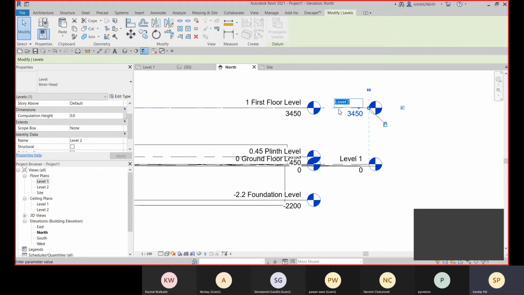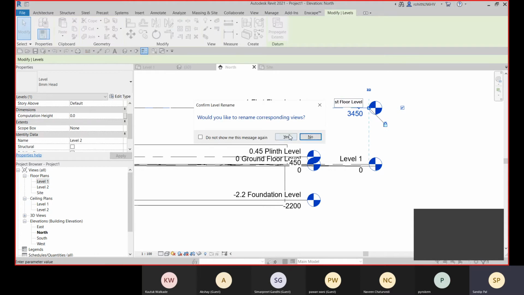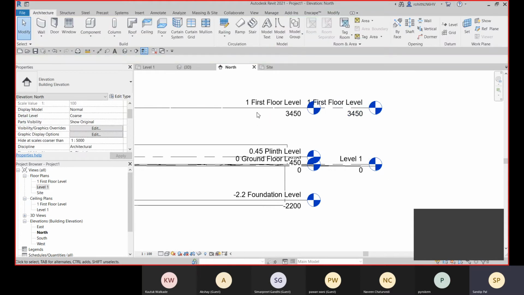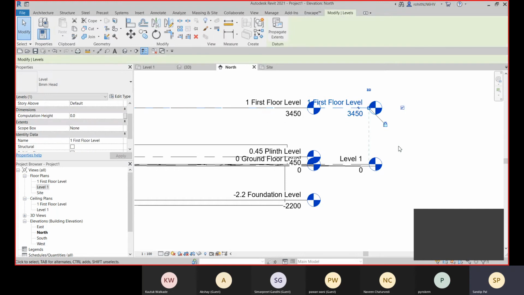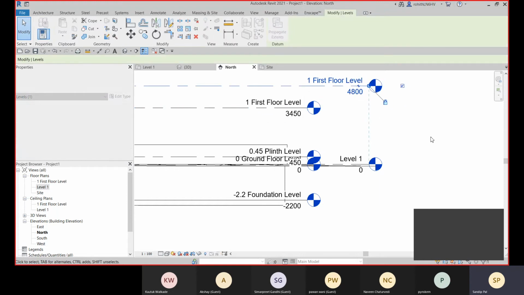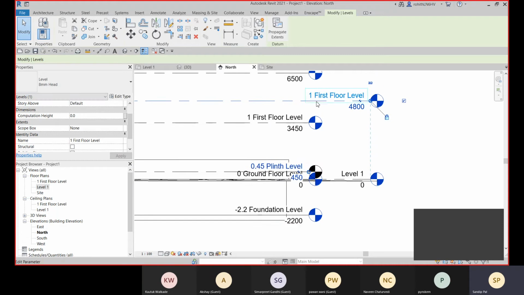Okay, so it is going to be 1, then first floor level, enter, and click on yes. All right, now suppose if you change it anytime, it will be changed. So there is nothing connected with this.